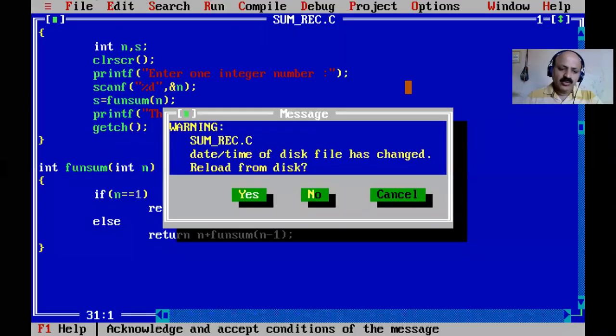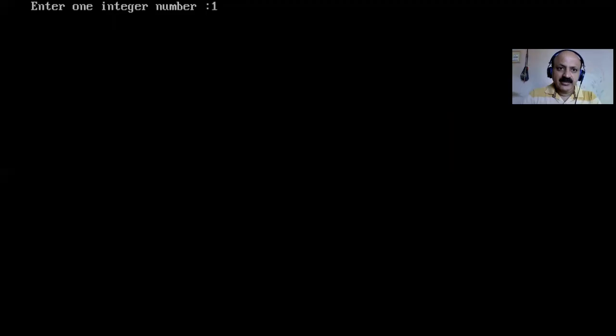So you can enter any number. If I enter 10, the answer is 55, the sum of 1 plus 2 plus 3 and so on up to 10. Yes, it works in reverse order: 10 plus 9 plus 8 plus 7, and so on. The first one in is the last one out of the stack, and then 2, 3, 4, 5, 6, 7, 8, up to 9 or 10 come out.